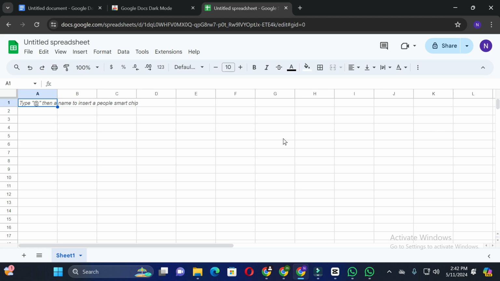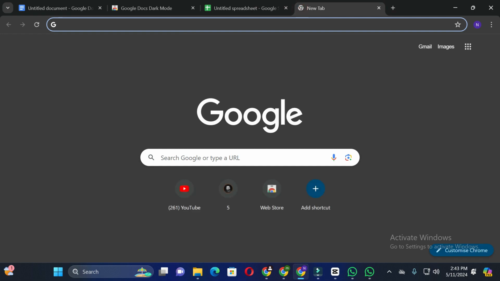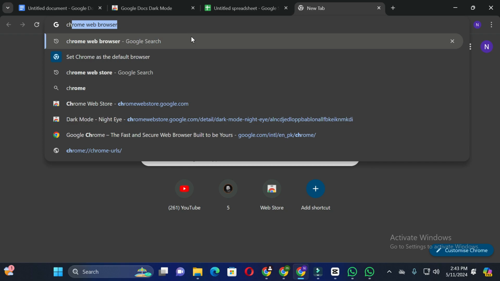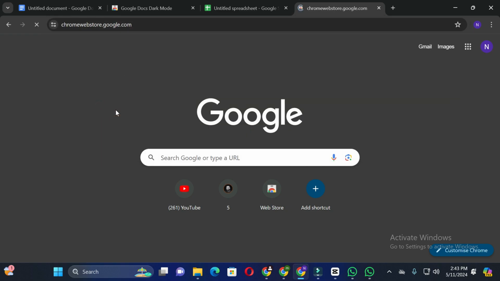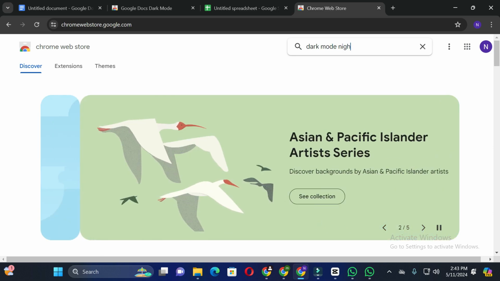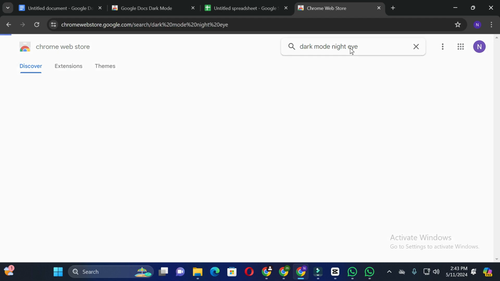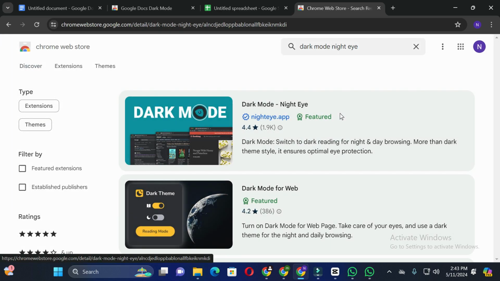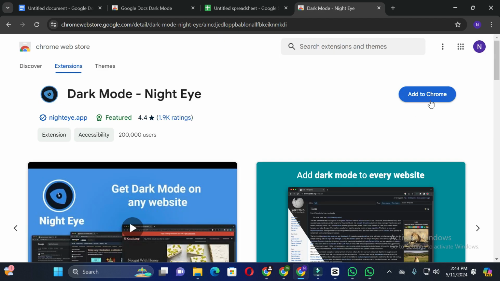But if I want to enable dark mode here, I will have to click on the plus icon and here search for Chrome web browser, Chrome web store. And here you have to search for dark mode night eye and press enter, and here the first extension appears. Click on it and you have to just click on add